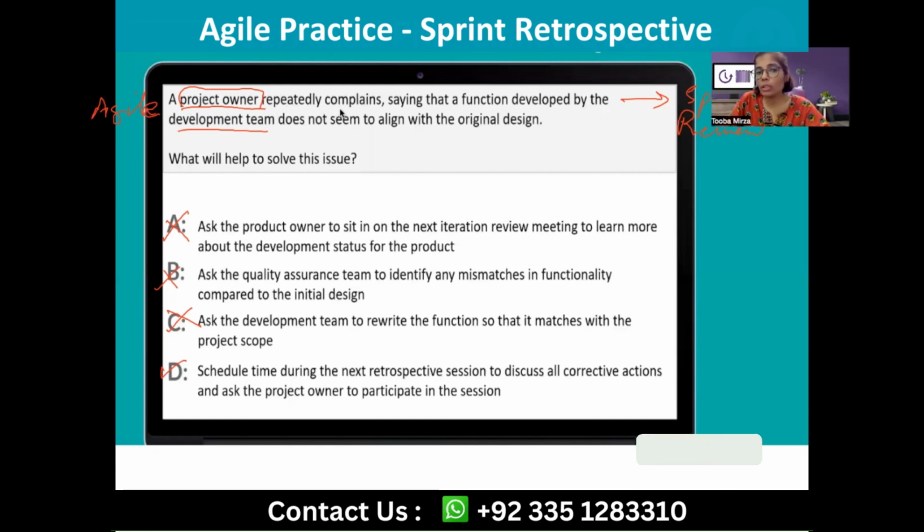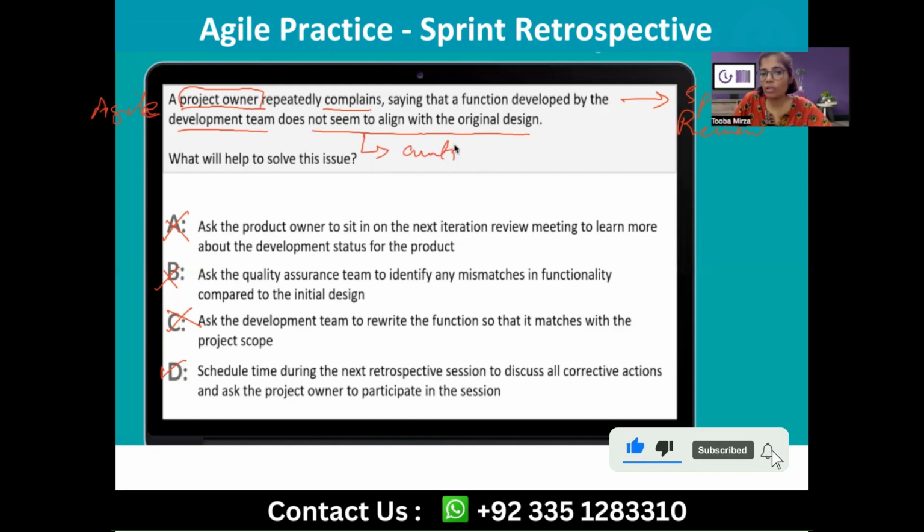So a product owner complains, saying that a function developed by the development team does not seem to align with the original design. First of all, the way it is written, it's an anticipation, right? It's not confirmed. It may be a misunderstanding. It may be a lack of awareness. It may be about the usability only. Maybe everything is in place, but the product owner is not able to understand the usability, how the feature is developed,